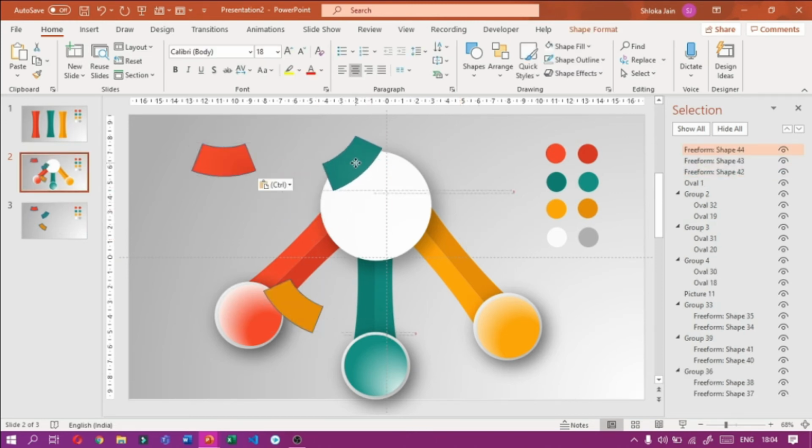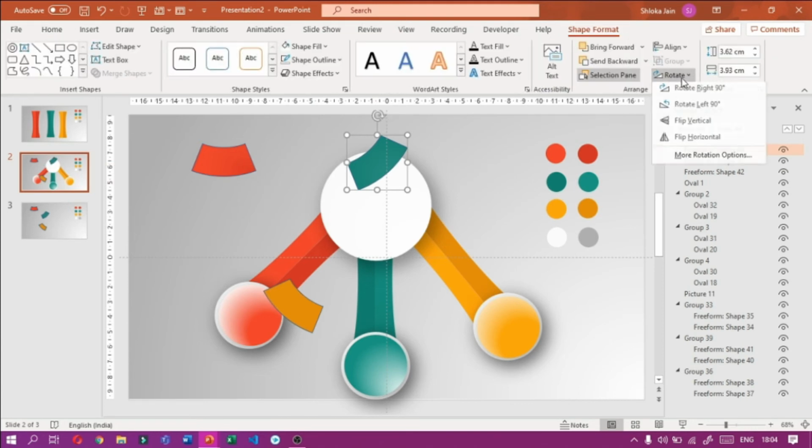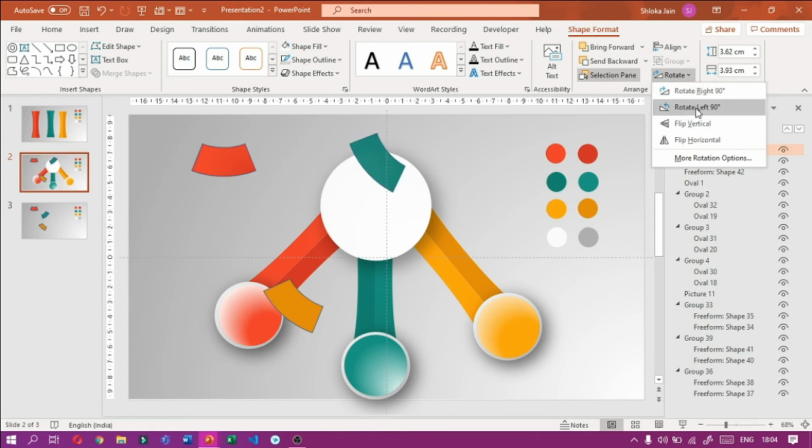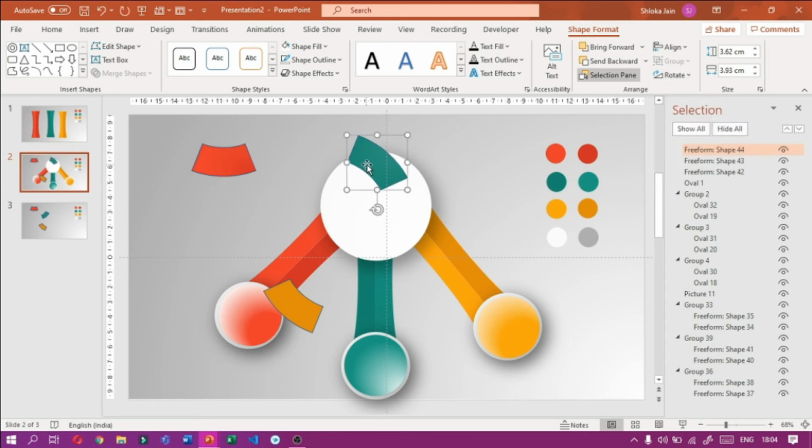Now I have to select this, then go to shape format and rotate, and then I have to do rotate vertically, and then I have to adjust it so the green color is in the center.